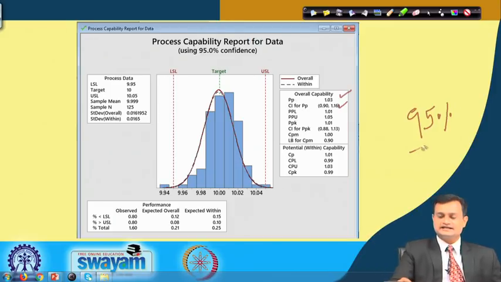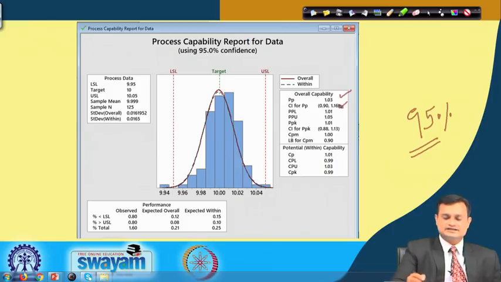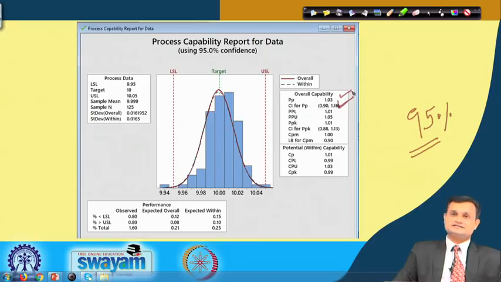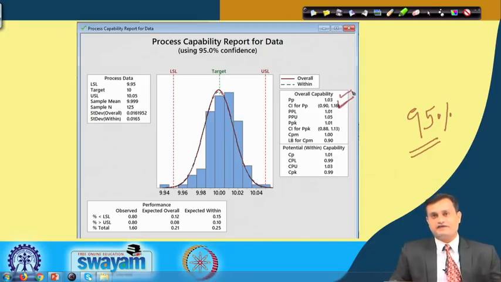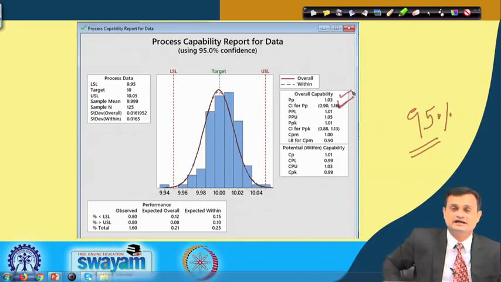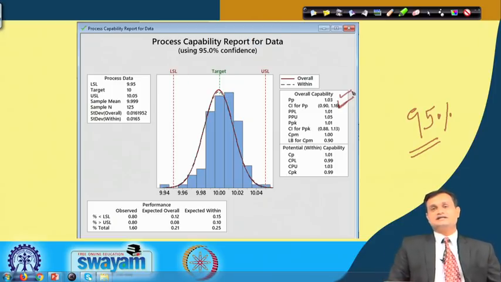So, here I say that with 95% confidence my PP value will fall in the range of 0.90 to 1.16. So, I have 95% confidence in my result that my PP value will fall within this interval 95% of the time.